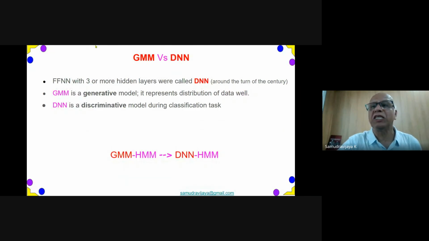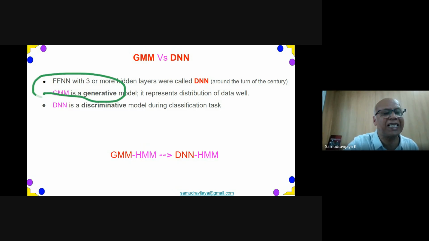So what is the difference between a Gaussian mixture model and a deep neural network? Normal deep neural networks are discriminative models. What is a discriminative model? A deep neural network is trained to distinguish between similar sounding vowels or consonants. Let's say pa versus pha. A little bit of aspiration, and the meaning changes. Pal versus phal in Hindi, for example. Therefore, DNN is very good at distinguishing these two things, whereas a Gaussian mixture model is a generative model. It characterizes sounds very well, but it's not that good in discrimination.